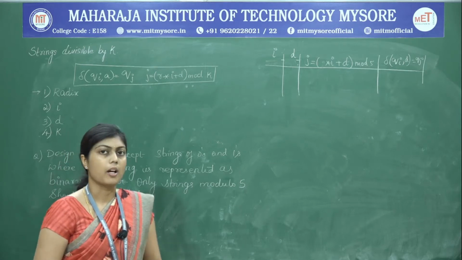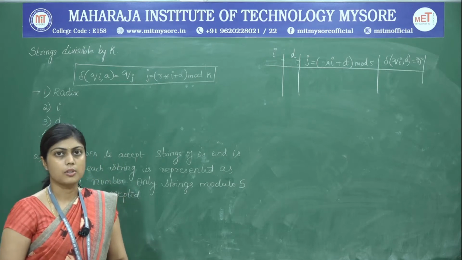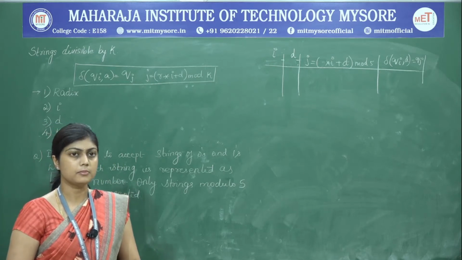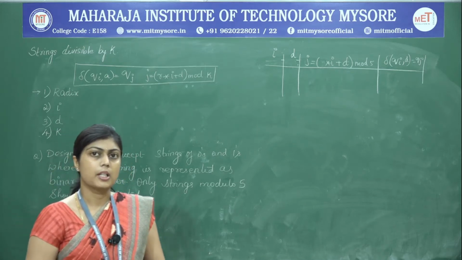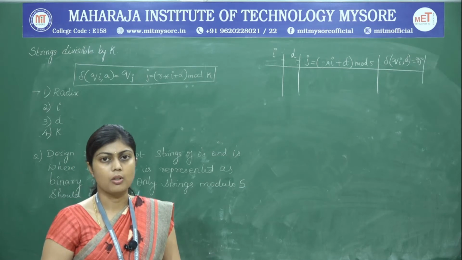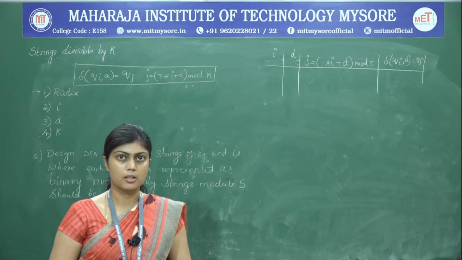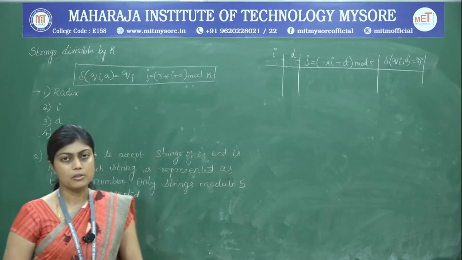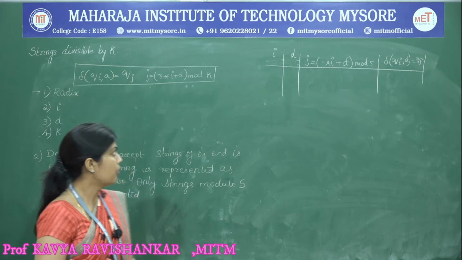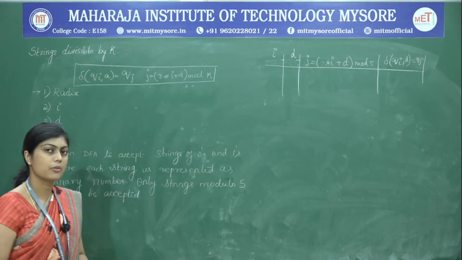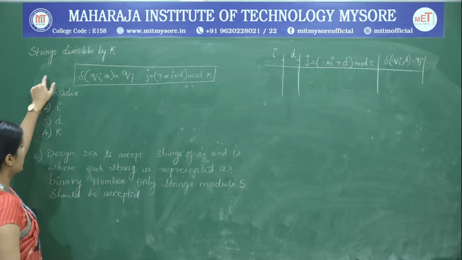So this is the logic behind designing DFAs that accept only the strings which are divisible by some number. When we consider these numbers, they can be treated either as a binary number or as a decimal number. It depends on the problem statement as to what we are trying to accept. So we will see an example and also the procedure to tackle the problem. Strings divisible by k.